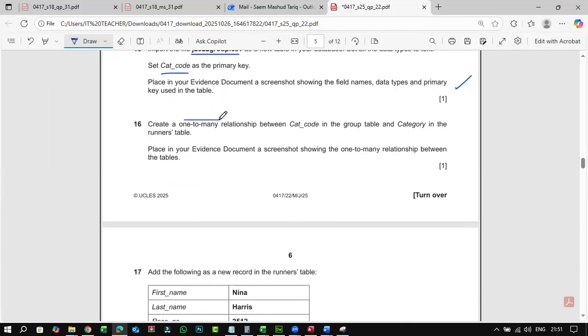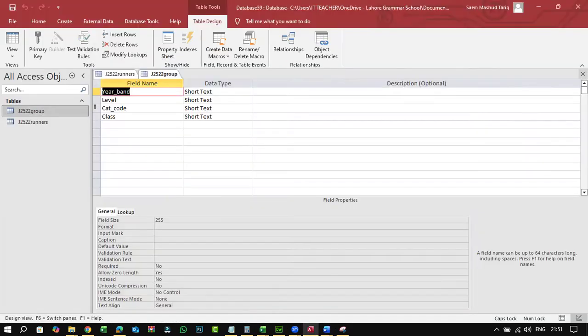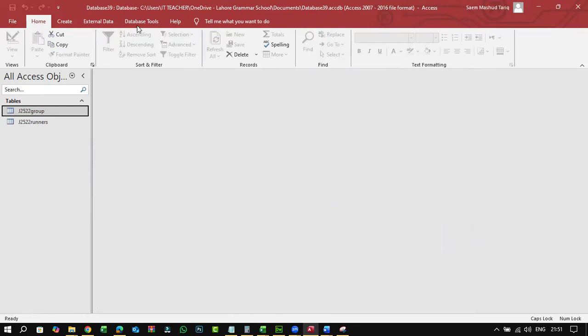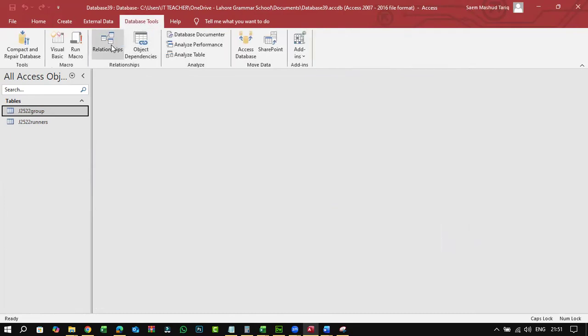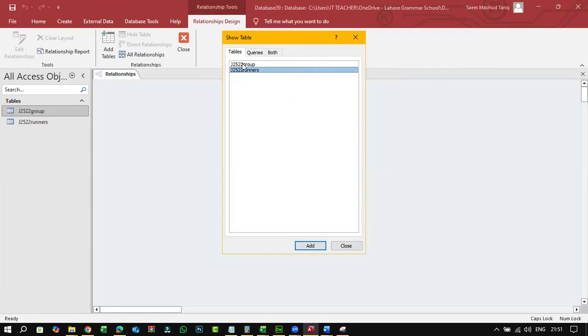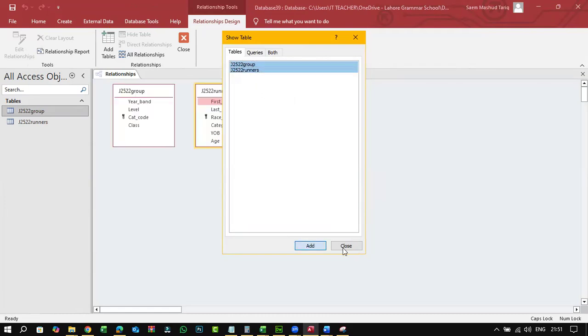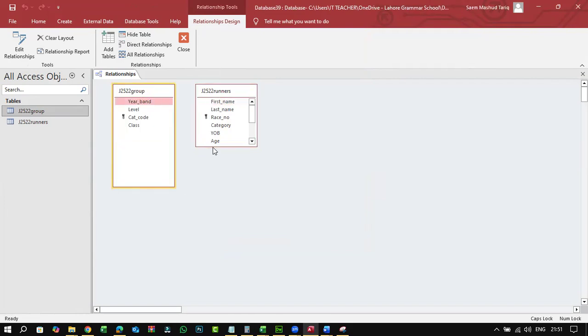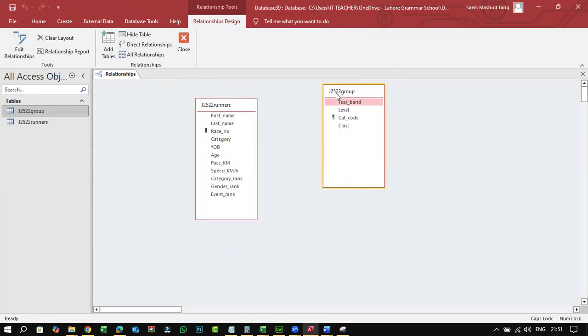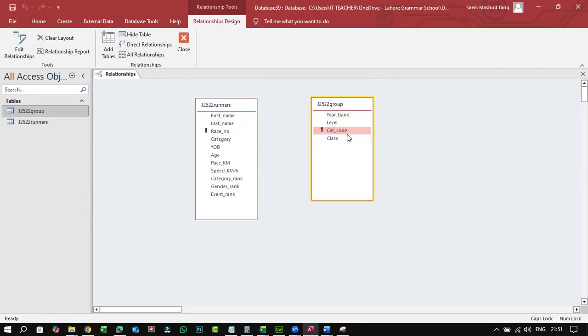Create a one-to-many relationship between cat code in the group table. So let's do it. One thing very important, just close these tables. Database tools, relationships, add both of them. If it was not being recorded, obviously I would do it repeatedly and slowly. So cat code and your